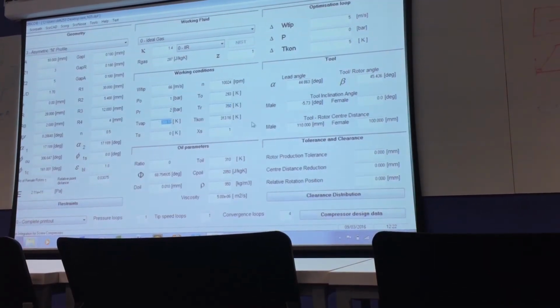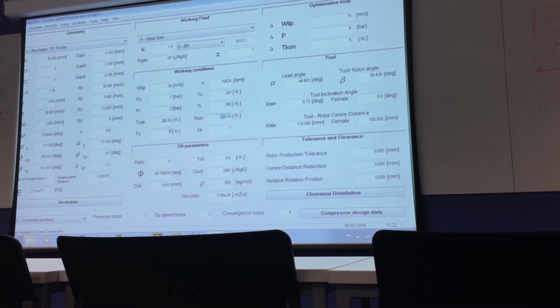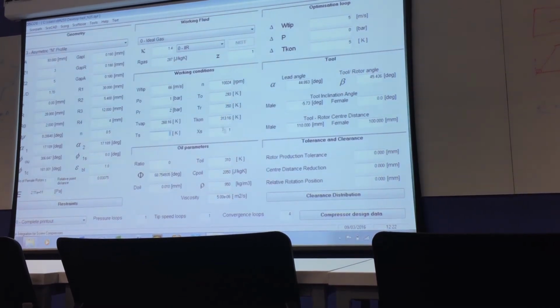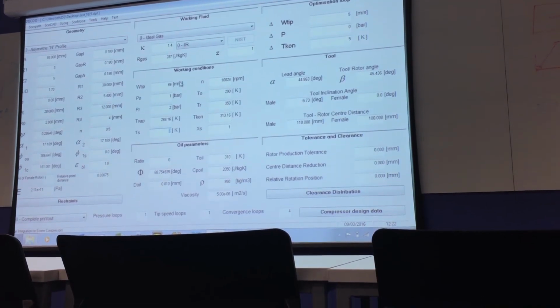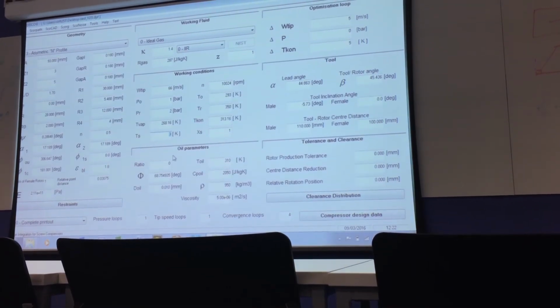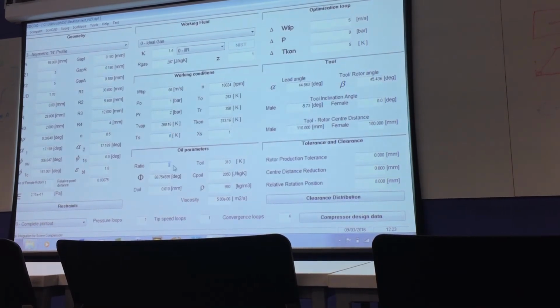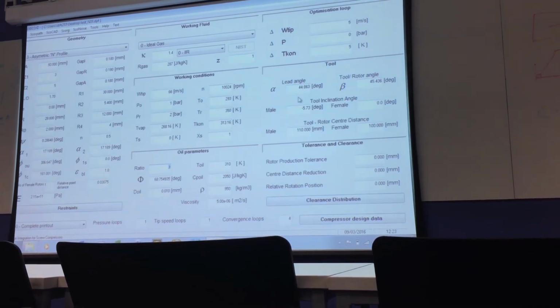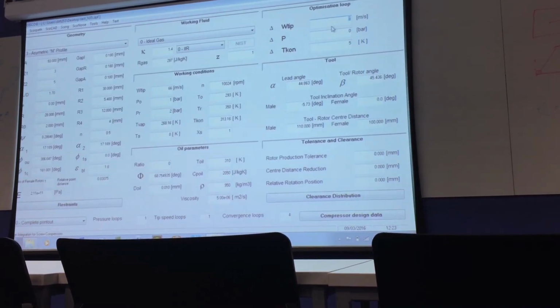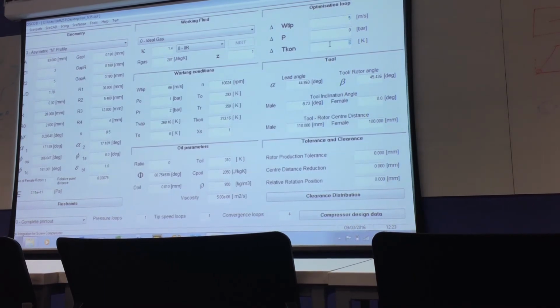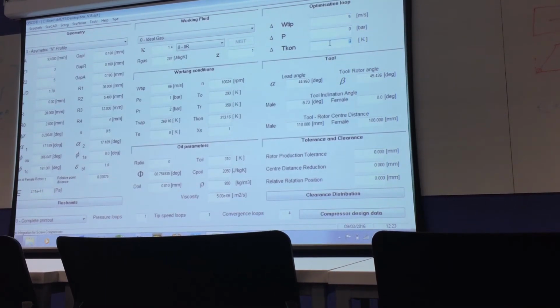Vapor pressure and condenser pressure can be ignored. Similarly, saturation temperature and superheat. So these four parameters are not relevant. You have to play only with pressure, temperature, and speed. The model is applicable even for oil flooded machines, but if the ratio is 0, it will be a dry air compressor. Okay. Then you don't have to worry about tool. It's for the cutting tool design and also these tolerances. This delta tip and delta temperature is used by the solver to march in terms of speed and time.